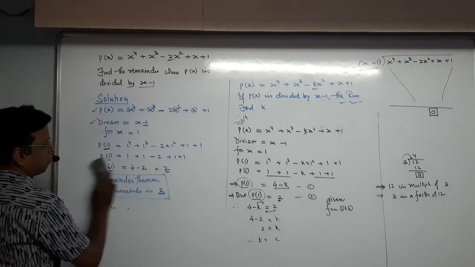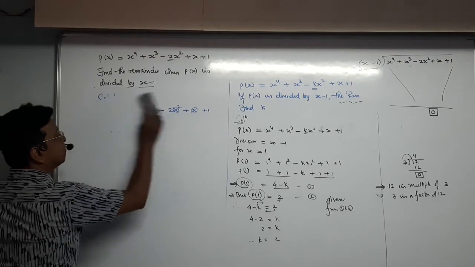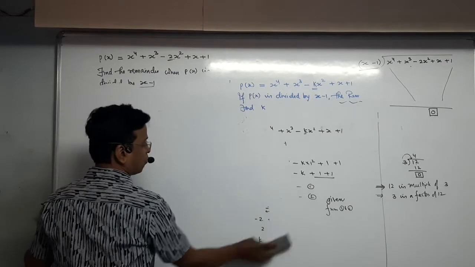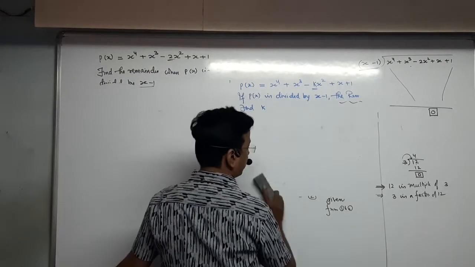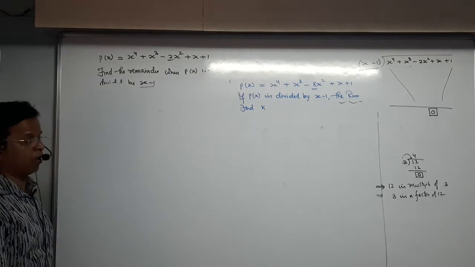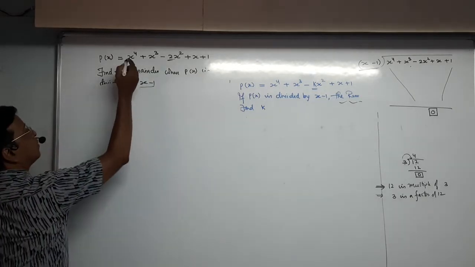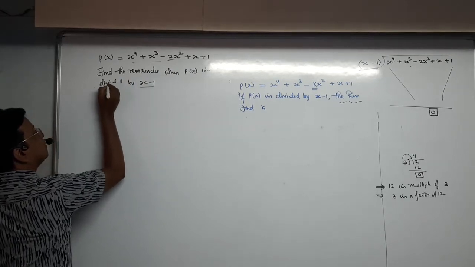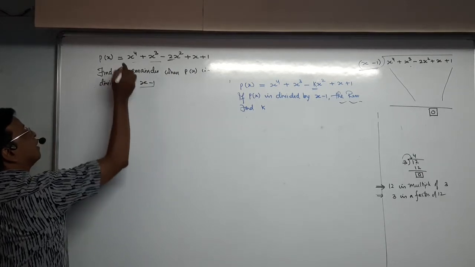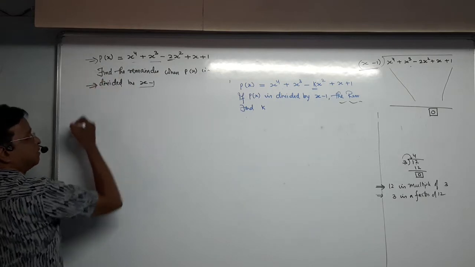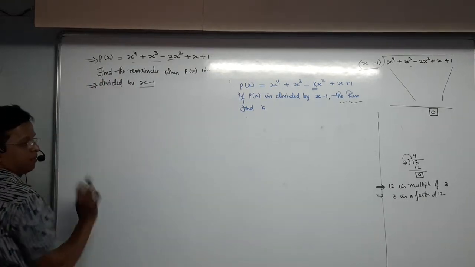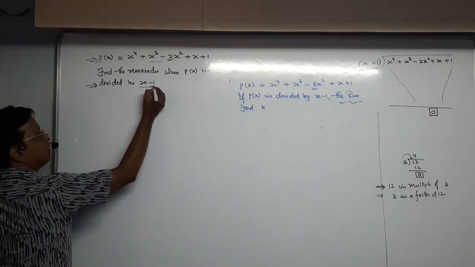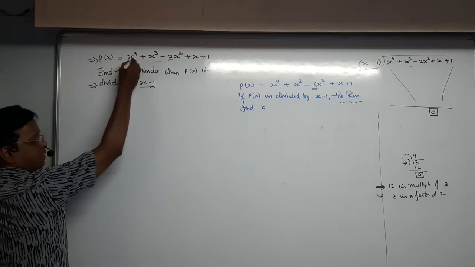See now what happens. 4 topics we are covering. Try to understand. What are the 4 topics? In one topic, they will give you a polynomial and a divisor and ask you to find the remainder. Right? You have to just take the opposite of the divisor, substitute in the place of x, that is your remainder.